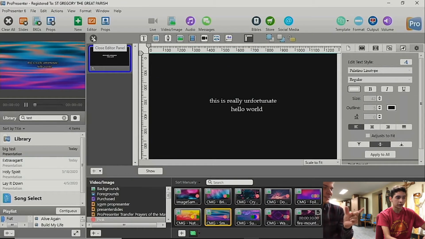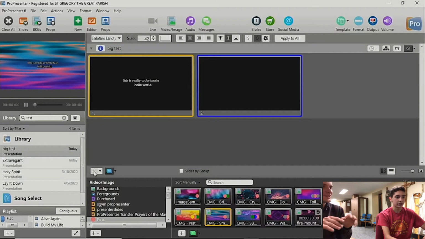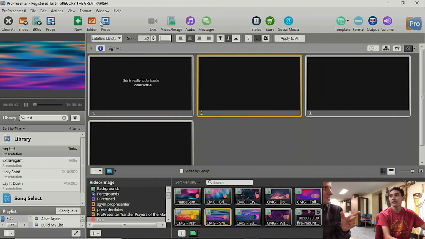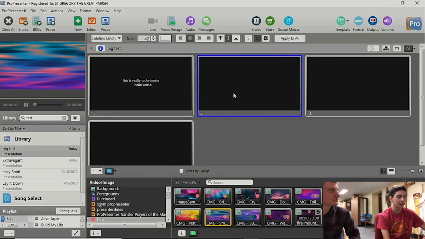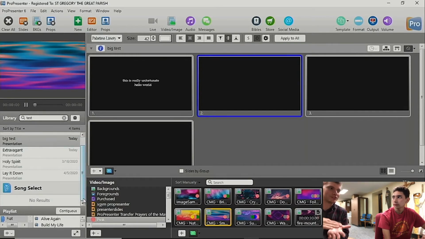You don't have to type in those settings for individual slides, but you can apply it to an entire song. Yeah, so that's what the apply to all means. It applies it to the entire song. So if, for this song, the spacing between the lettering is too much or something, you can just